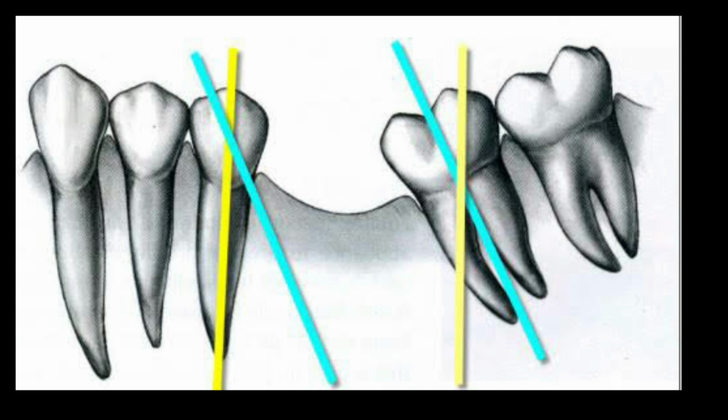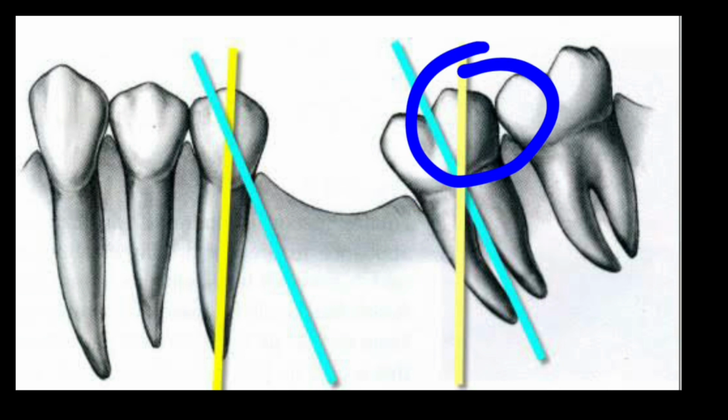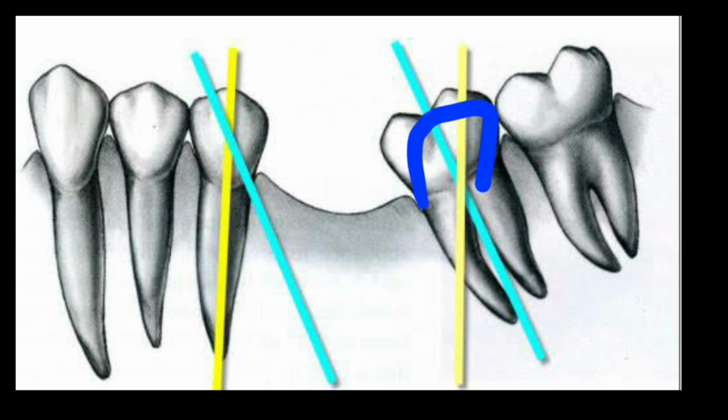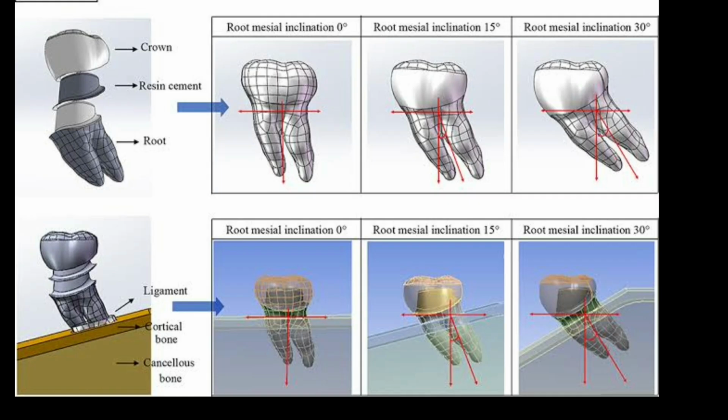When we go for a tooth preparation for a tilted tooth, they usually have a very minimal amount of reduction in the cervical area, that is in the finish line, and an increased reduction towards the tilted side and a minimal reduction on the non-tilted side. That is, if we have a case similar to this picture where the molar is tilted mesially, the long axis of the tooth is different. So we have to mark the actual long axis of the tooth and prepare the crown, where the mesial side of the tooth will be reduced a little bit more than the distal side to equalize the crown prepared, so that the crown is clinically viewed straight in the alignment of the tooth.